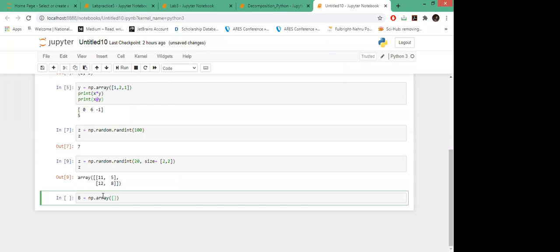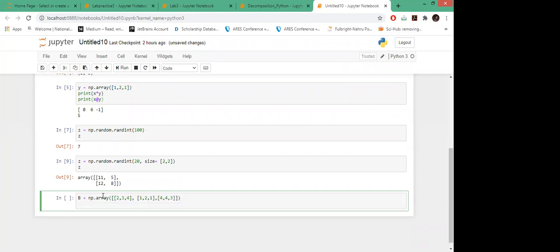Let me define it as 2, 3, 4, and then 1, 1. I'm just taking some random values and defining a 3 cross 3 matrix. I forgot to put the square brackets, because I'm defining a 2D array. So this is my B.